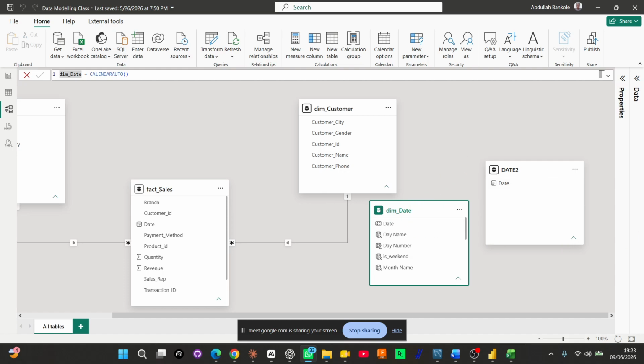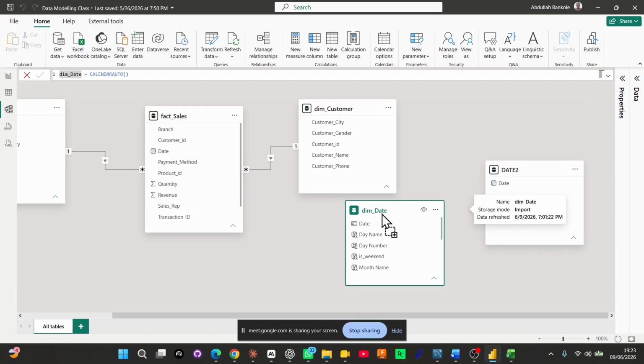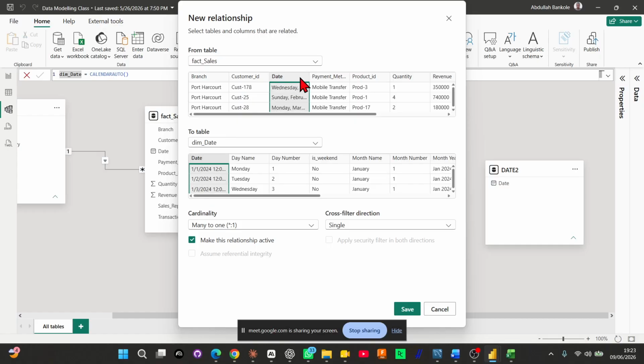So the next thing for us to do is to connect the fact sales table with the dim date. Are you following? So how do we connect it? Just drag your date to your date. Once you drag your date to your date, the fact table is many and the date table is one, isn't it? So it is many to one or one to many, however the direction is. So when I say save now,